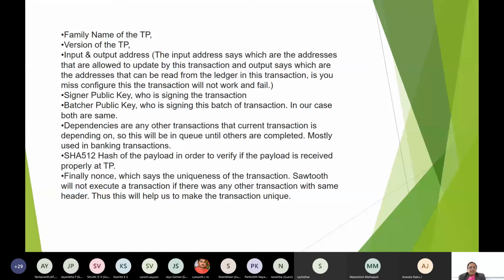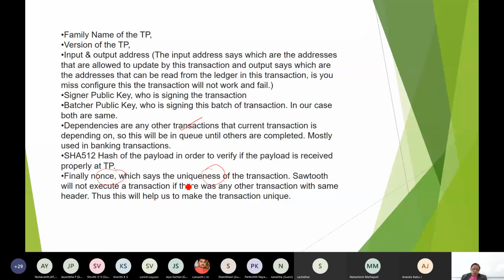So, dependencies, so many things I told here. I would like to highlight the nonce here, right? Two things here, nonce and dependencies. For completeness' sake, I have written the whole slide here, but the two things I want to highlight are the dependencies and the nonce field here. The nonce defines the uniqueness of the transaction.